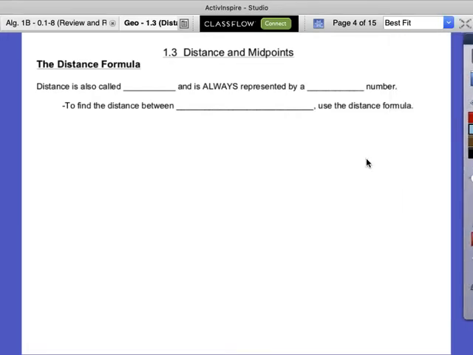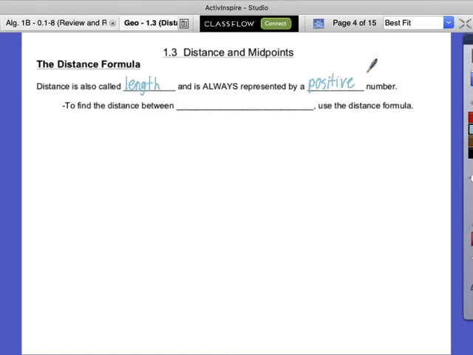Okay? Distance. We talked about distance a little bit. It's also called length. They're the same thing. The distance of something or the length of something. And it's always represented by a positive number, right? Distance cannot be negative. We talked about that last time, remember? And I said just because you walk backwards doesn't mean you go negative steps. Okay, you still took that many steps, just you took them backwards. If I drive back from Bellevue to Plattsmouth, it is not negative driving. Okay? So to find the distance between,